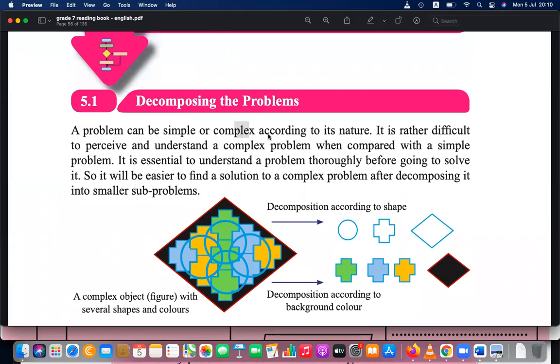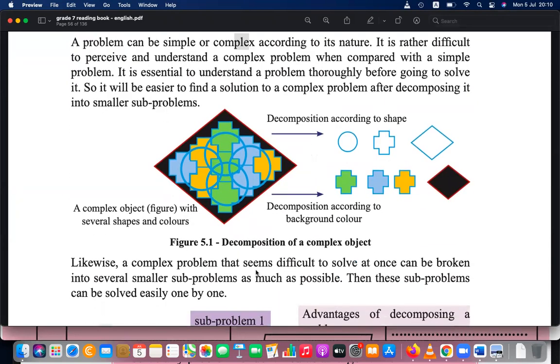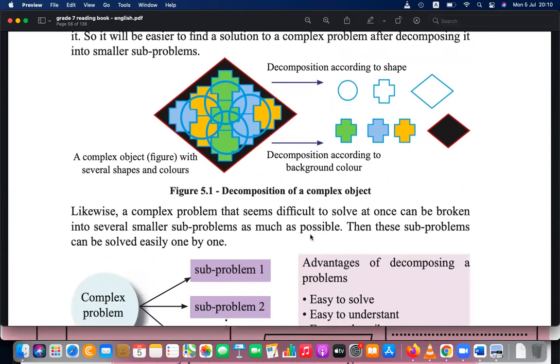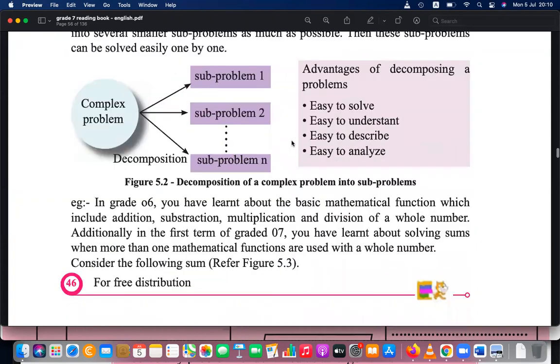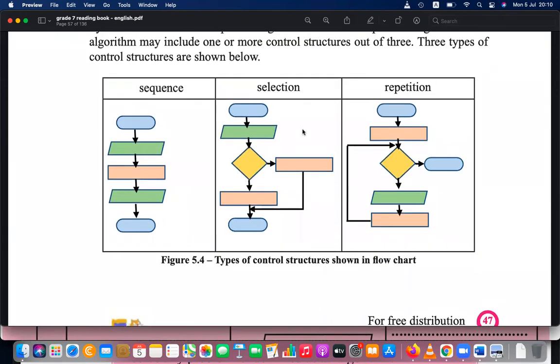First of all, we understood that there are problems which we need to solve using the computer. Therefore, we decompose the problem into manageable units. සංකීර්ණ ප්‍රශ්න තියෙනවා පරිගණකයෙන් විසඳන්න ඕන කම්පියුටර් එකකින් විසඳන්න ඕන ඒ හින්දා අපි මේ සංකීර්ණ ප්‍රශ්න සරල කොටස් වලට බෙදා ගන්නවා මේ පින්තූරෙන් පෙන්නේ ඒක. So we discussed that.